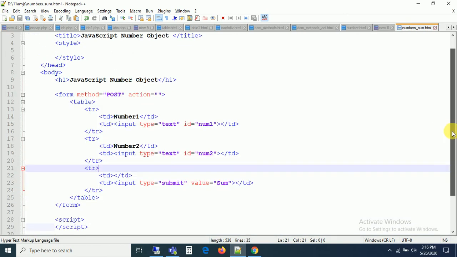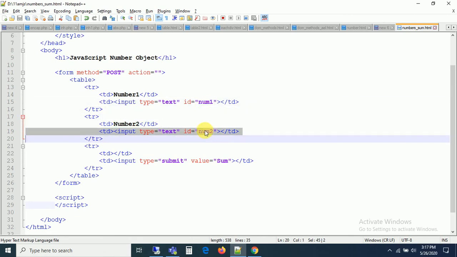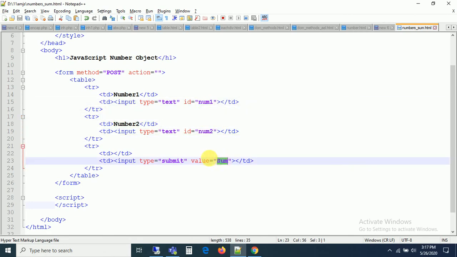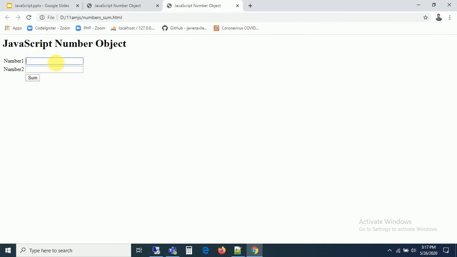Meanwhile, I created a small form, guys. Please check the form. Here we have two text boxes, number1 and number2, with the IDs num1 and num2. Once you submit this button, I want to collect these two values and sum them. Apart from validation, no need to worry. Just get the values and try to sum them, and let us see what exactly the output is. Let me run this file. Can you see this is what I'm entering? Two values here, 100 and 200. On submit, we need to collect those values and sum them by using JavaScript.